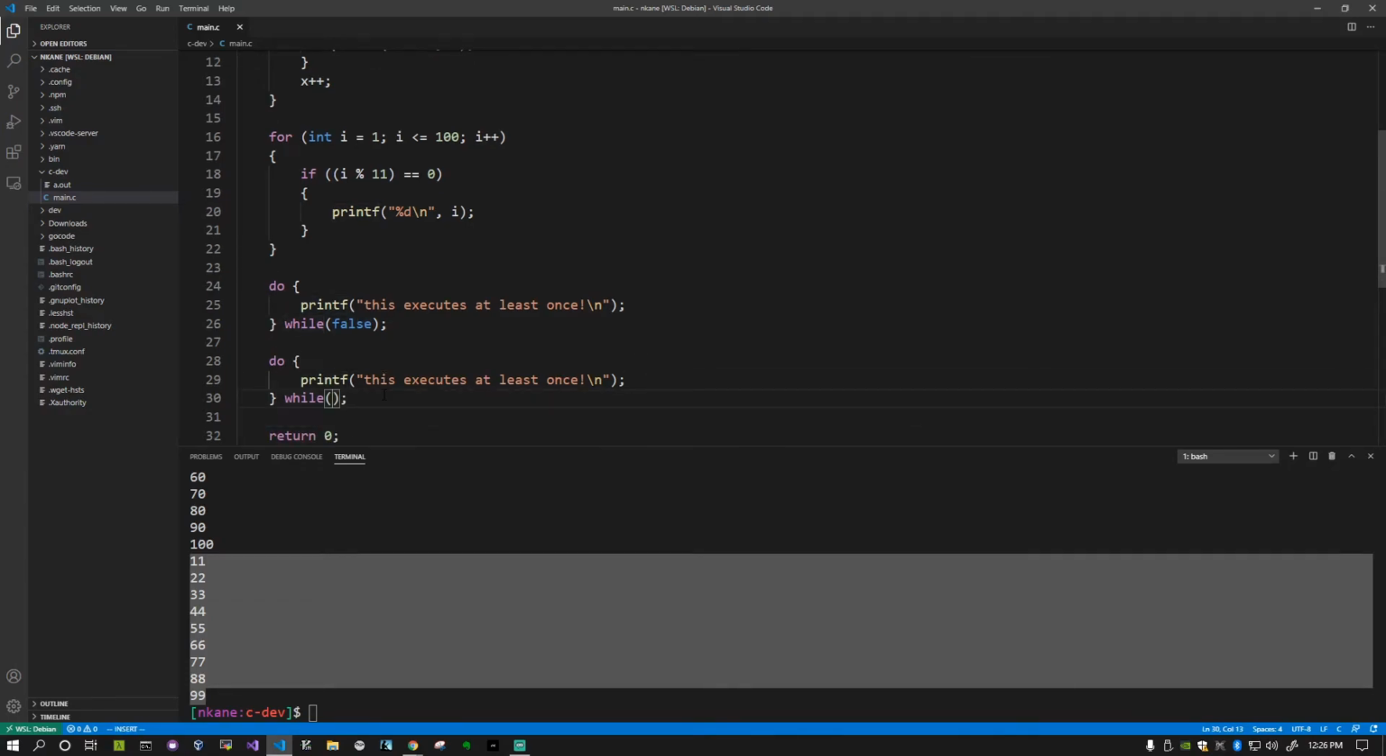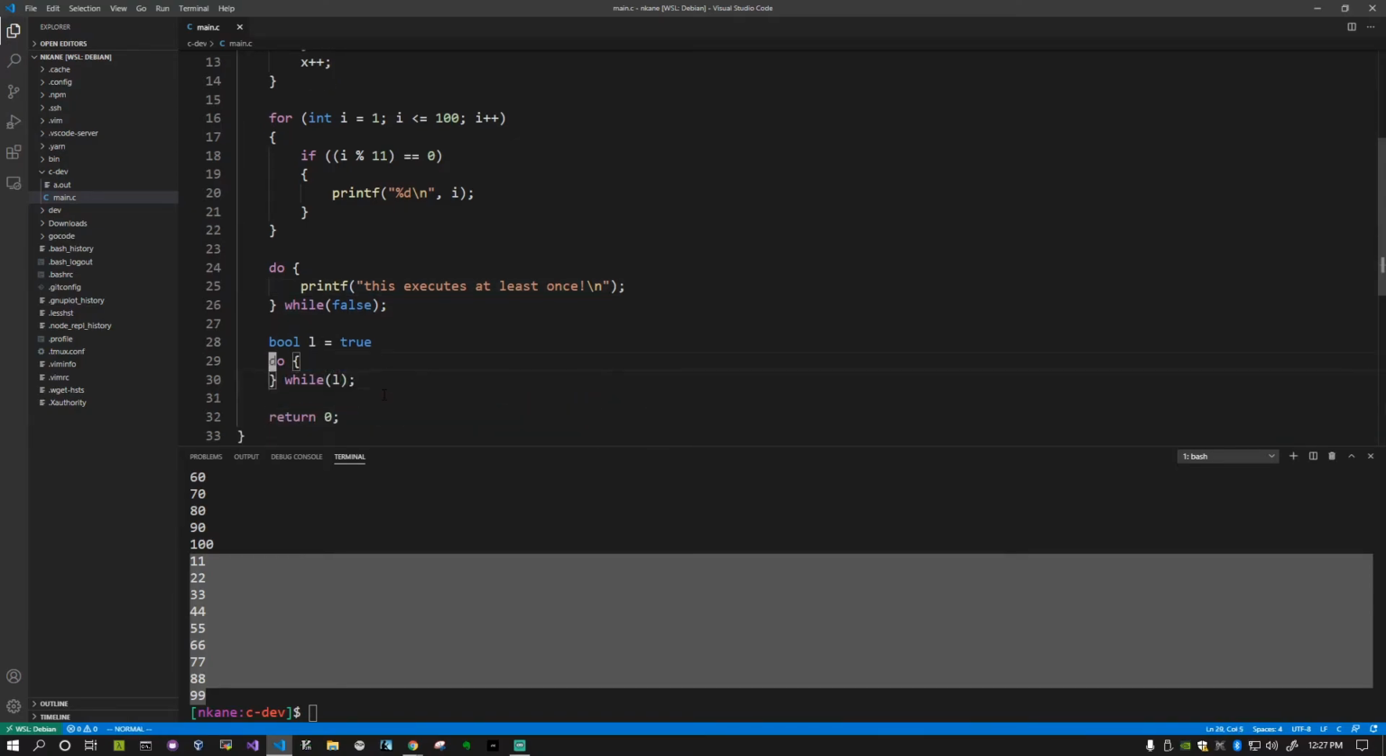Let's do this. Let's think of a bool value, and let's just set it to true. Let's say L for loop while this is true, and then inside of here, let's reuse X, set it to 0 actually, and then we'll say X++,